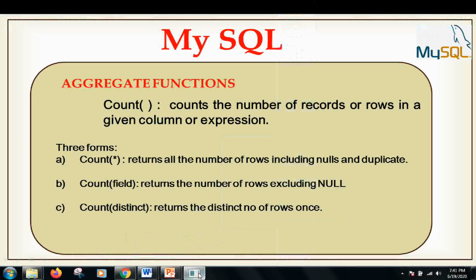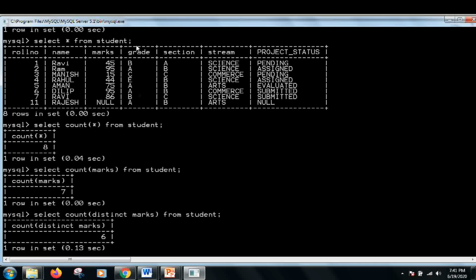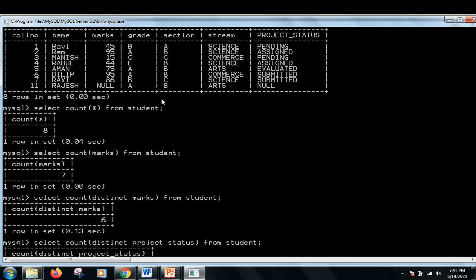The second thing is that you can apply conditions also. Let us do some queries on this table to understand these aggregate functions more.